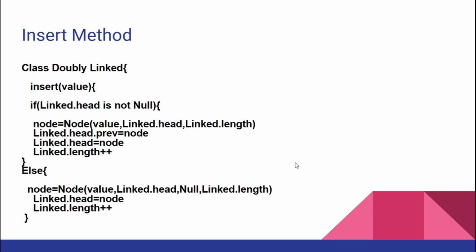So this is the insert method of the doubly linked list data structure. This method is what makes nodes enter the collection in the first place. This is where the real magic happens. So I'm going to run through the pseudocode of this method and explain every line and how it works and